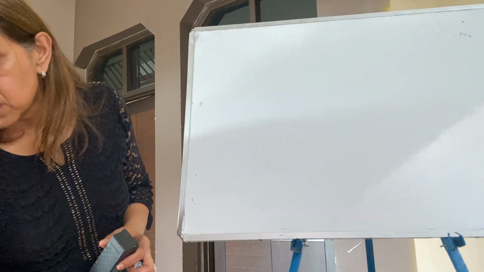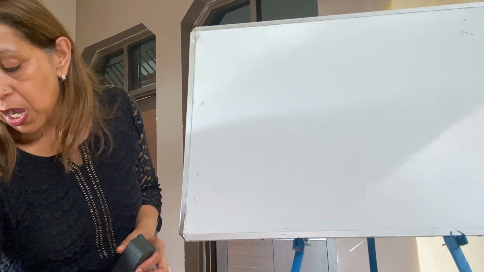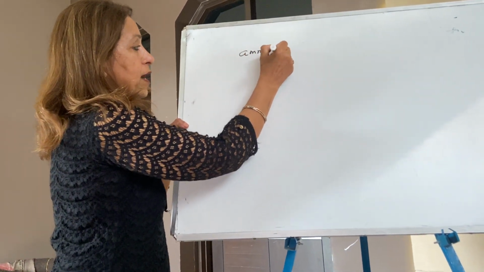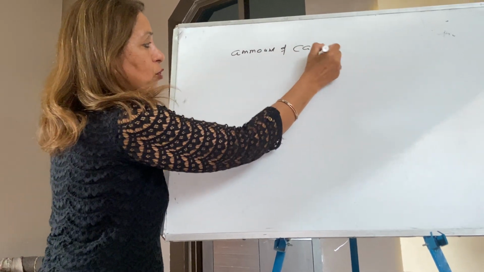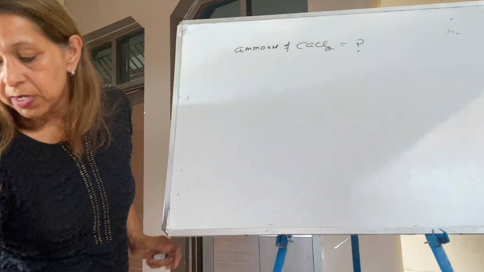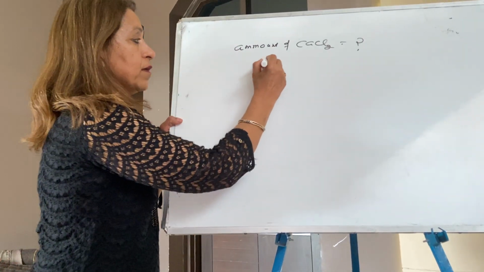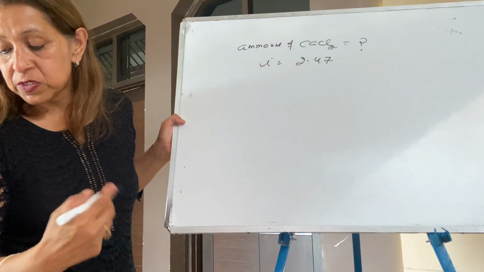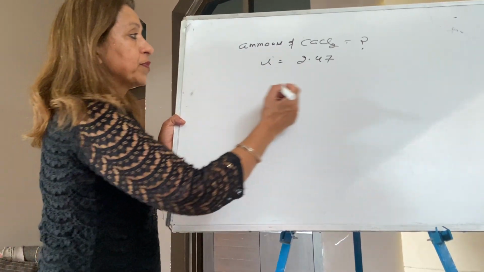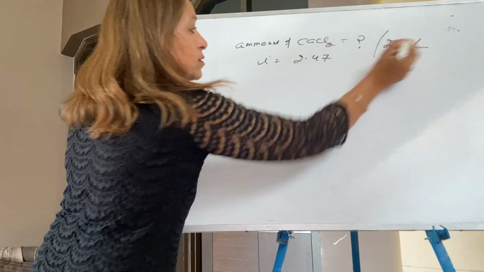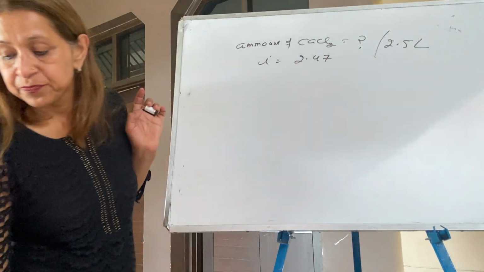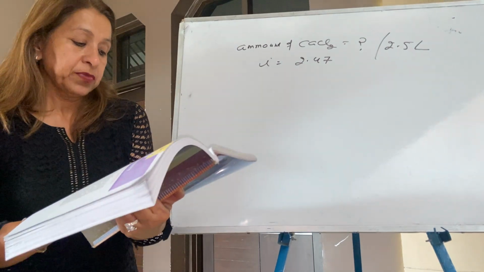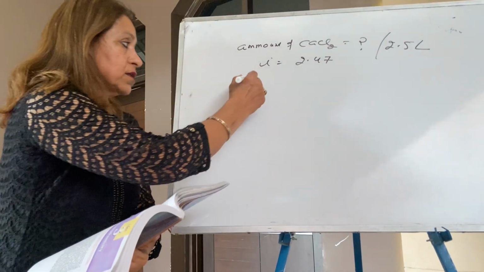The question is, determine the amount of calcium chloride. Write down: determine the amount of calcium chloride. Question number 40. The van't Hoff factor i is 2.47. It is dissolved in 2.5 liter solution. After that, it is mentioned the solution concentration is given and its osmotic pressure is